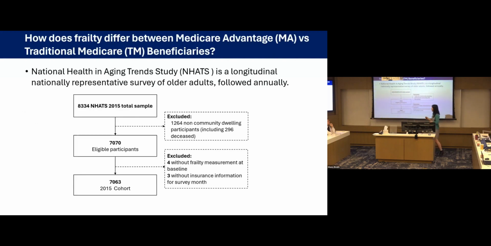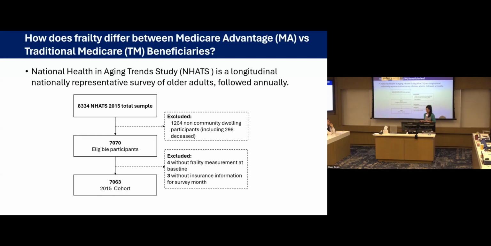So we're leveraging the National Health and Aging Trends Study. It's a longitudinal, nationally representative survey of older adults. The total sample is about 8,000 people, and this includes people in nursing homes, assisted living communities, etc. What they do is they go to older adults and survey them once a year, as long as they're still in the survey. They interview them and a proxy if available. And they do cognitive assessments as well, which we'll get into in more detail in a moment.